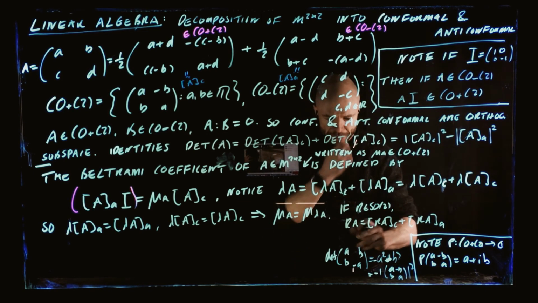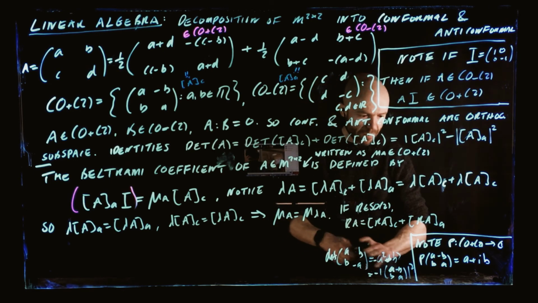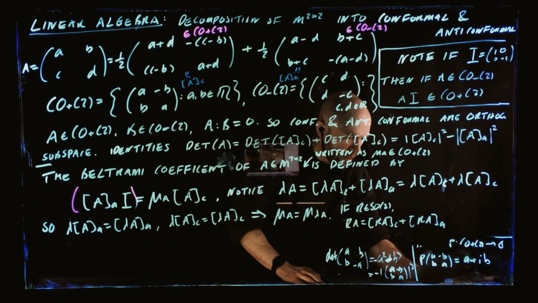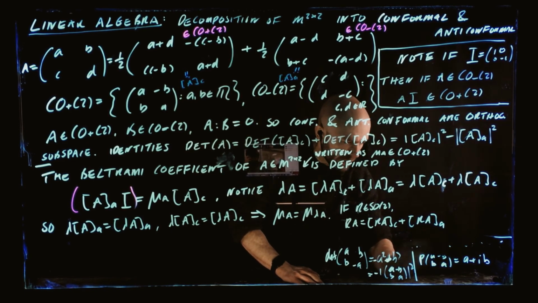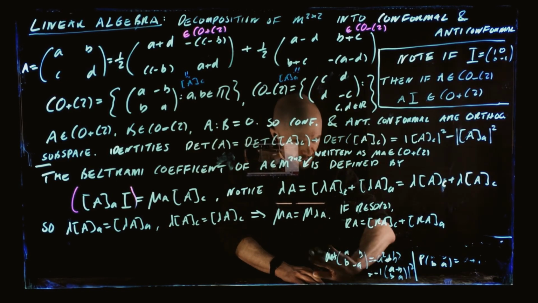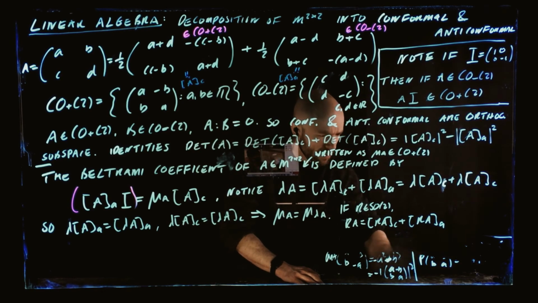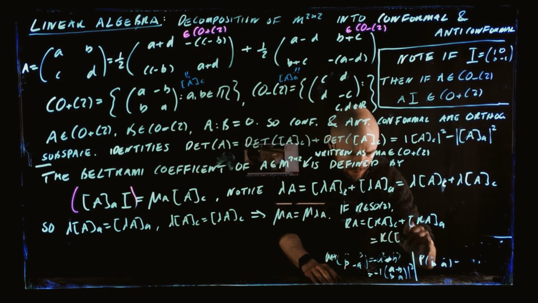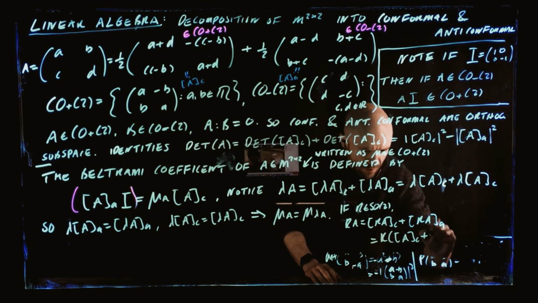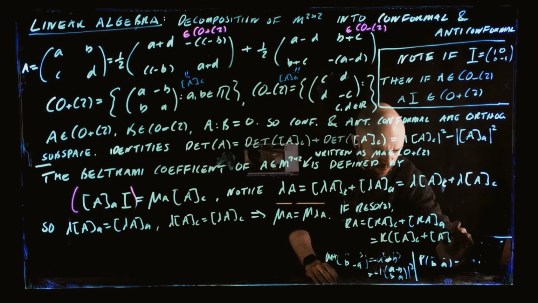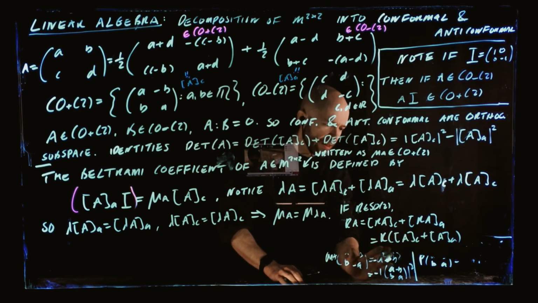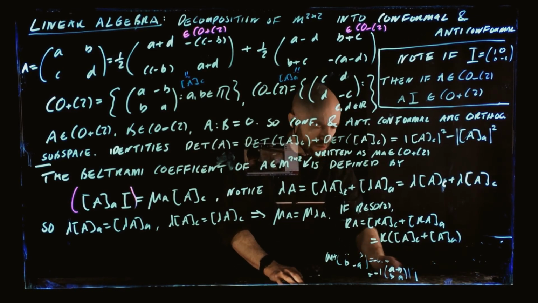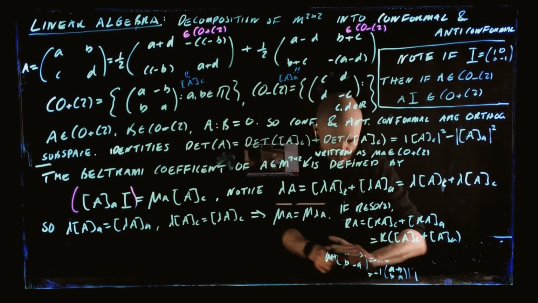That's the standard decomposition, but we can also take our decomposition and multiply R on the left-hand side. So that's also the same as R times A conformal plus A anticonformal, yeah? And then if we multiply this through,